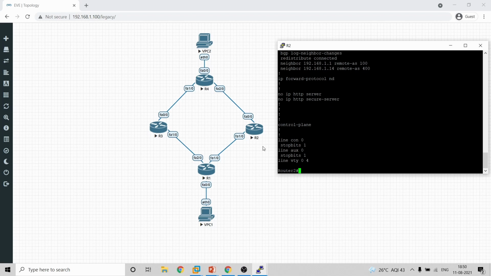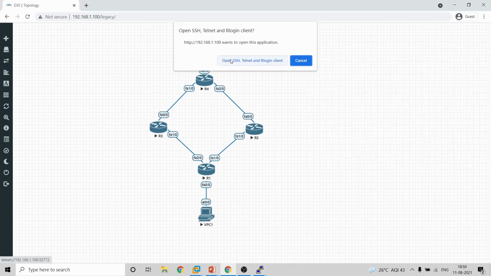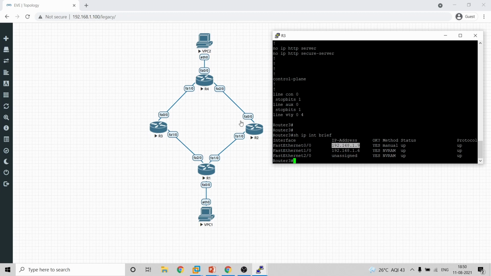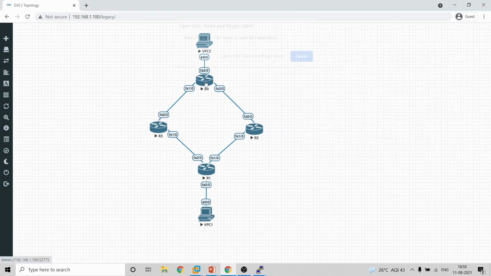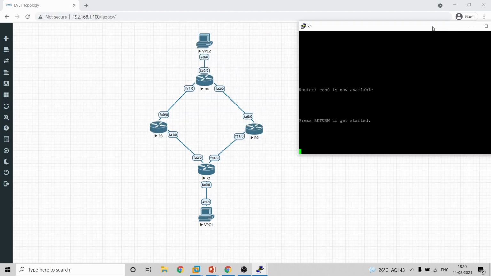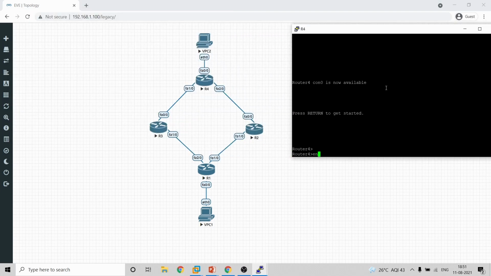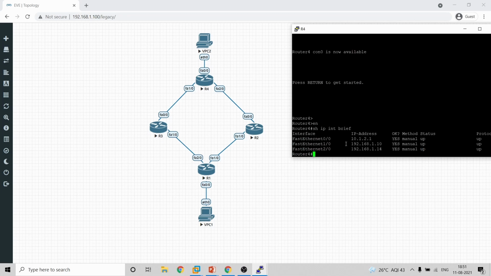Okay, and I'll show you the configuration of R3 as well. R3 has two interfaces, 1/0 which is connecting to R1 and another connecting to R4, with IPs 1.9 and 1.6. So currently there are BGP sessions running between all these routers. We'll take a look at that as well. But before moving there, I'll just show you the IP addresses, which is 2.1, which is the gateway for the LAN, and then 1.10 on 1/0, which is for this router, and for 2/0, 1.14. Okay, you can see that here.